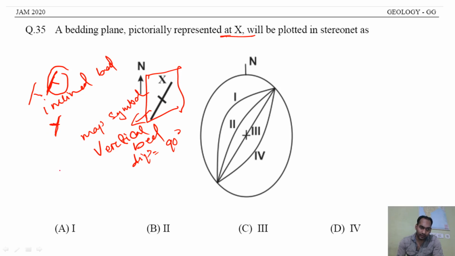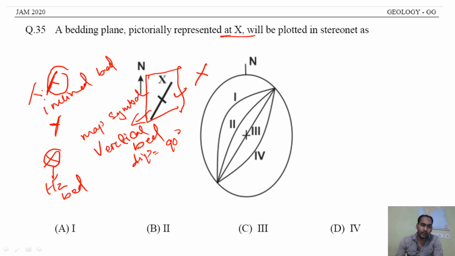When it will be like this, that means it's like a plus, right? So this is a vertical bed. If there is an outer circle, this represents a horizontal bed, right? So these are the map symbols used for different beds. Okay,